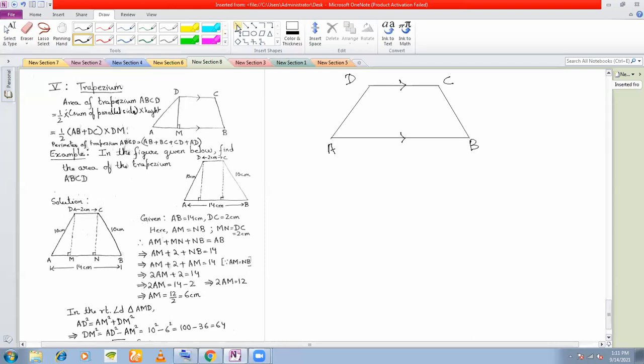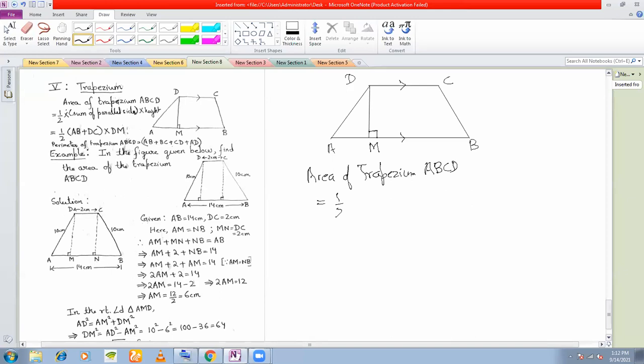Now what I do is, if I drop a perpendicular from here on the other side, this becomes the height, right? If you remember from class 8, height is also called as the distance between the two parallel lines, the perpendicular distance between the two parallel lines. Okay, let us call this point M. So DM is called the height of the trapezium. So area of trapezium ABCD